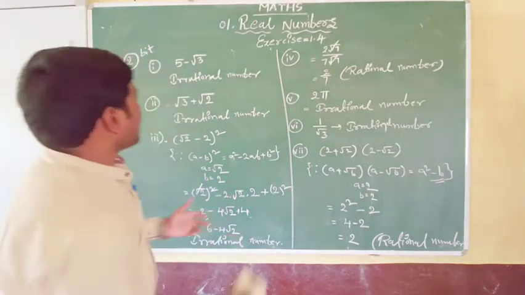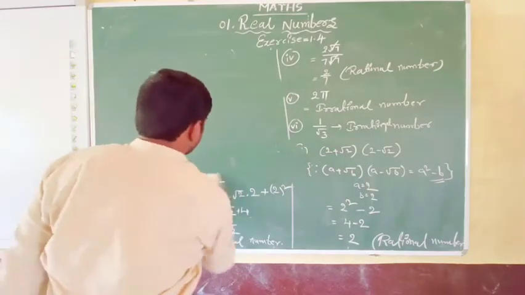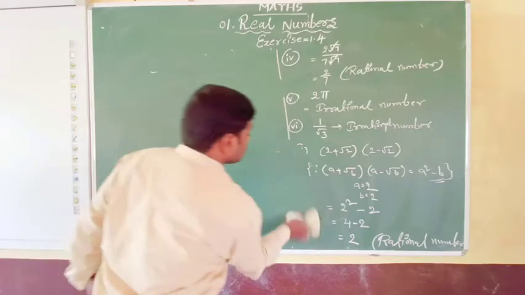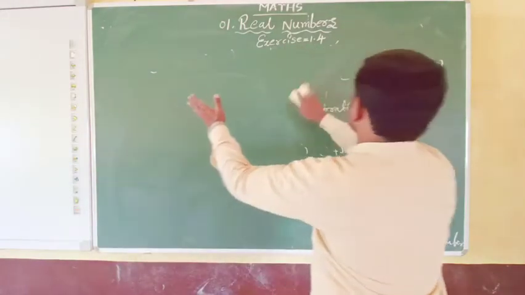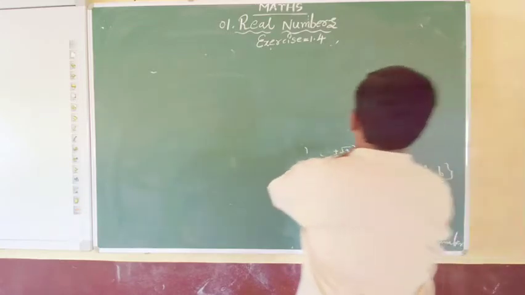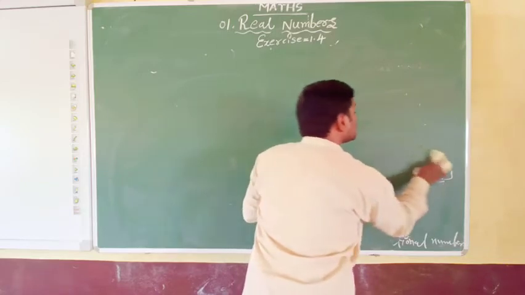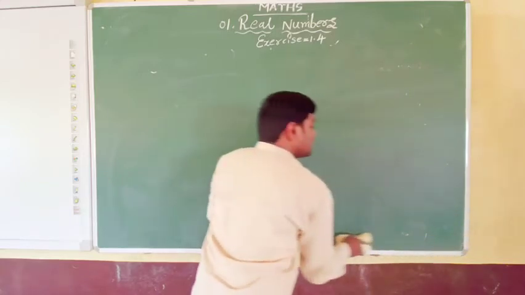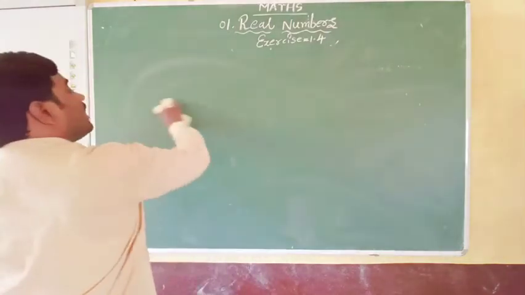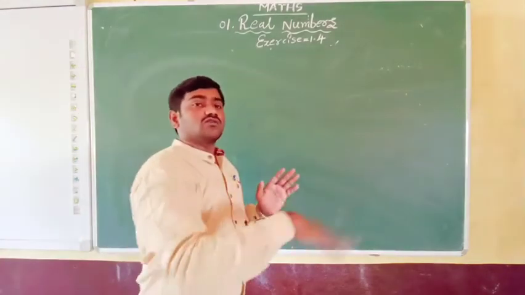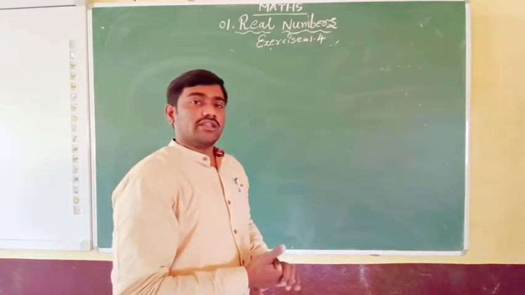So next we have the third bit of questions. When a plus number is there, if you transport it to the other side, it becomes a minus. If it is a minus number, if you transport it to the other side, it becomes a plus. Multiplication, if you transport it to the other side, becomes a division. And if divided by, you transfer it to the other side, it becomes a multiplication. Transporting terms, that you know very well.